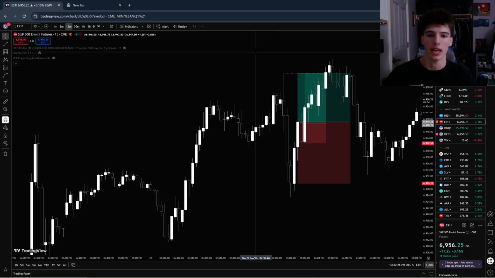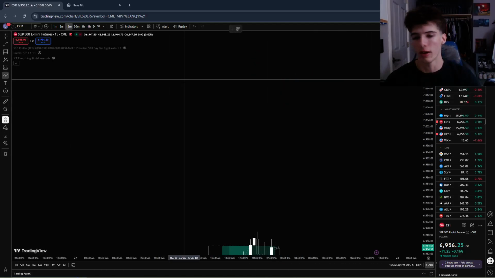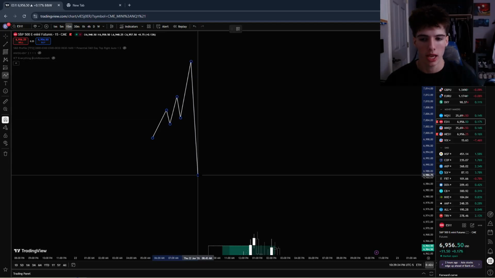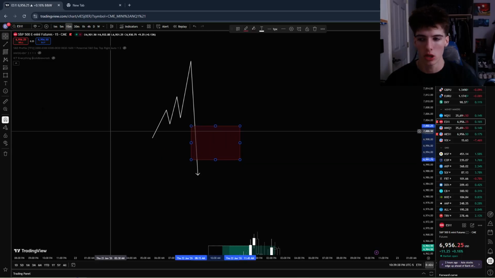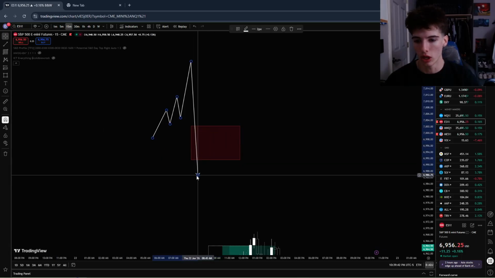simply because this is a very, very textbook point. When we have a high right here, check this out. This goes for literally anything. When we have price trading and then we have a push lower, and we place in an imbalance in this leg, say there's only one imbalance right here. When we run through this imbalance and there's nothing but, I'm going to redraw this a little bit,